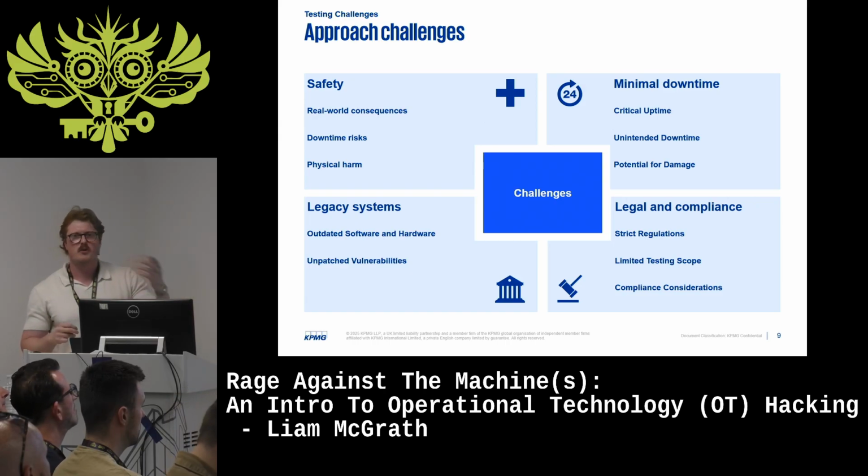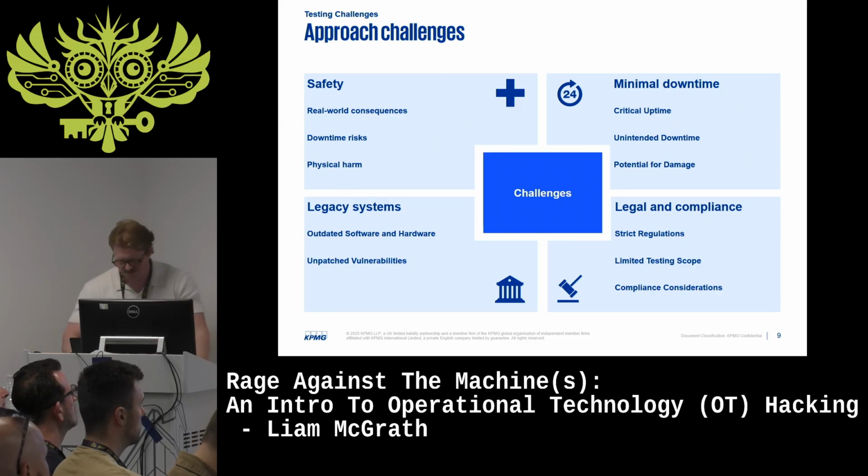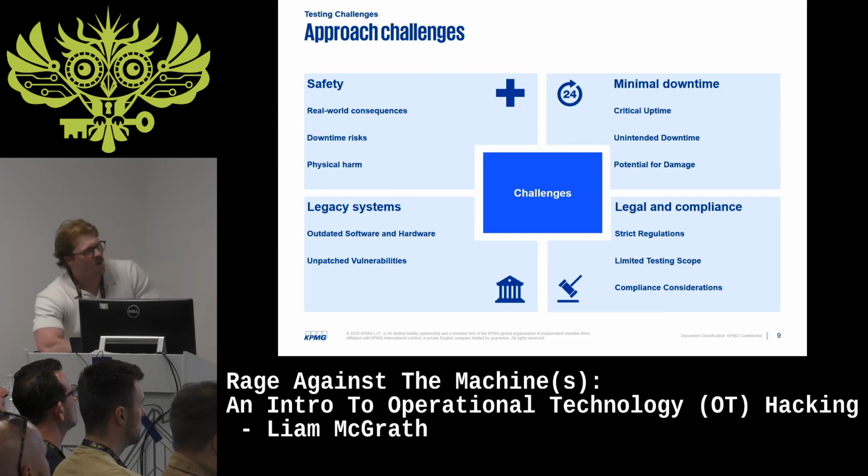But when you're looking at more critical national infrastructure, things are a bit more risky when it comes to shutting things down to do upgrades and stuff. Which kind of leads on to legacy systems. Because of that nature, there's a lot of outdated software and hardware with a lot of unpatched vulnerabilities, and that is pretty much because where do you get